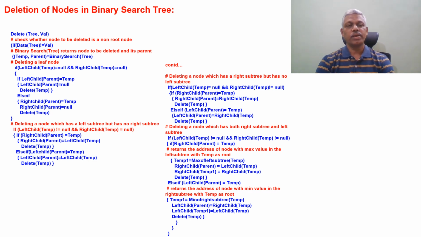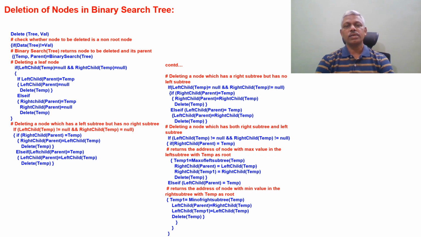Then right child of parent is taken as left child of temp, because the tree is present on the left child of temp, and delete temp. Else, if left child of parent is equal to temp, then left child of parent is equal to left child of temp and delete temp. So in either case, we can attach the